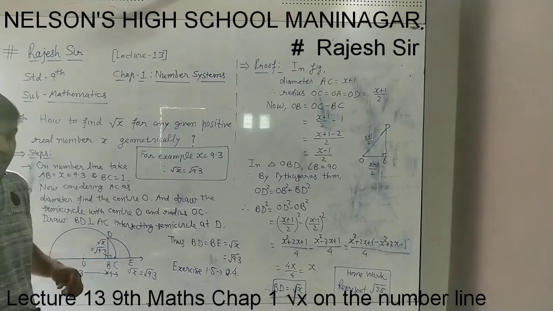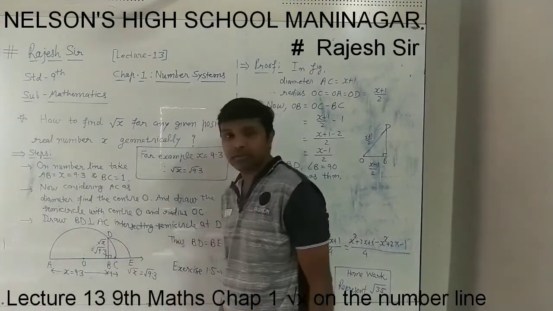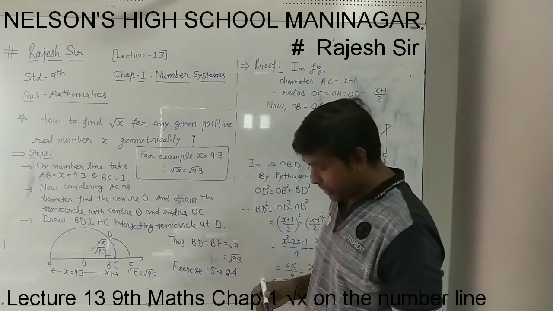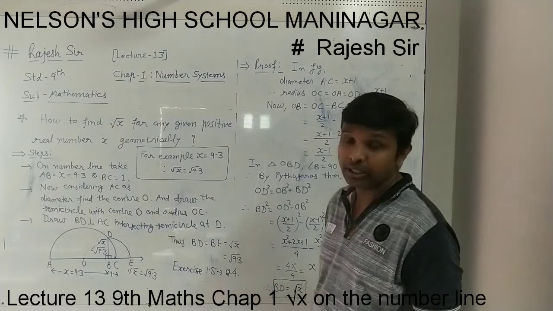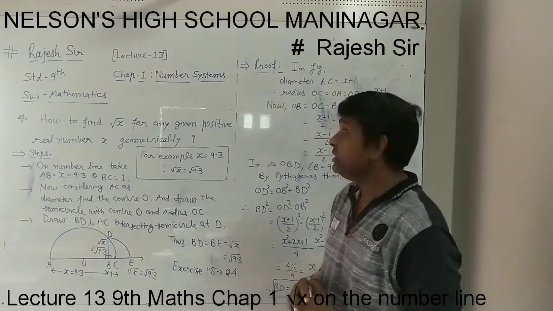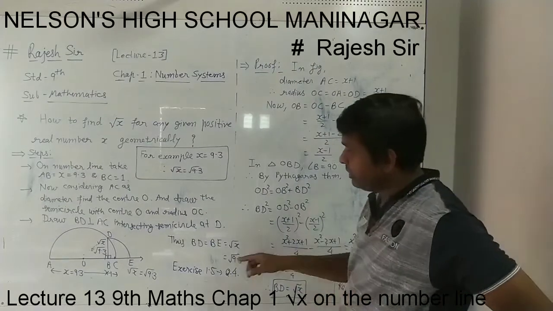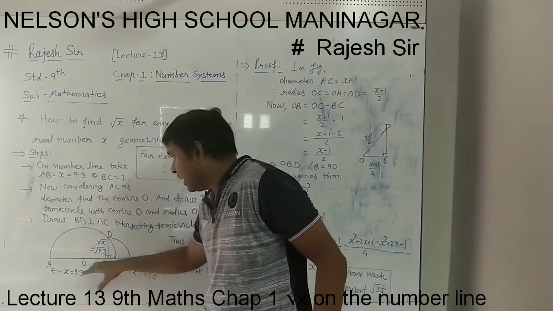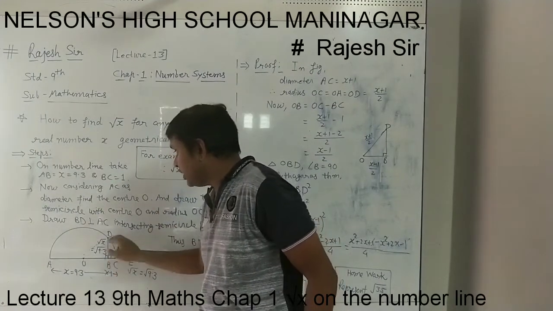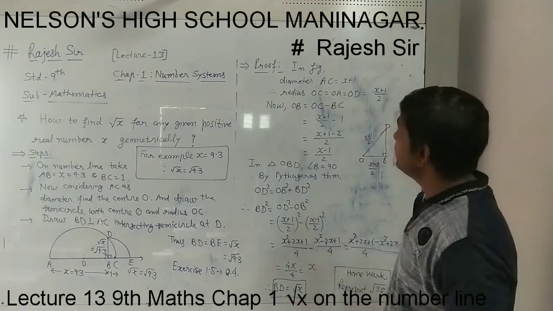And now the question comes in our mind: how does this BD give root x? Why does this compulsorily give root x? Why does it directly give root 9.3? For that we have a verification as a proof. Here we have written how BD will give us root x. If we take x as AB, after doing all this process, this BD will give root x. How it comes root x, that we'll see here.